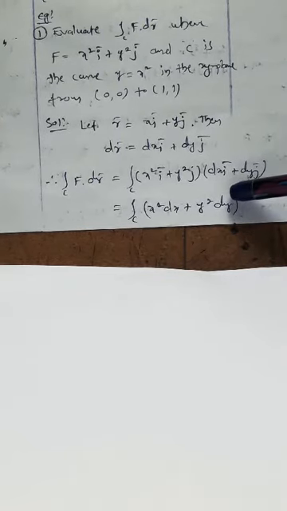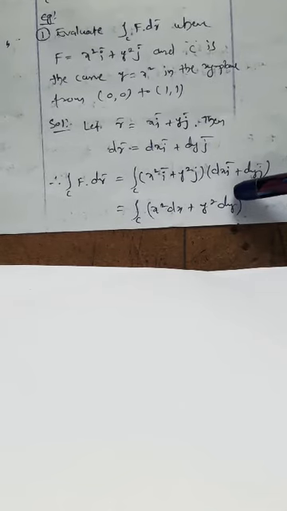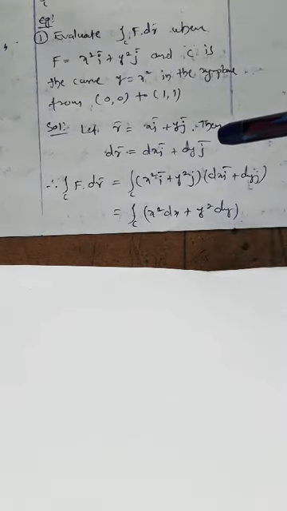Now here we have to find the limit points of the integration. So from the given curve y = x², dy = 2x dx. If y = 0, from the given point, x = 0, and if y = 1, x = 1. With respect to that, here we draw the line. So this is the line integral we have to find. Now we have the points.